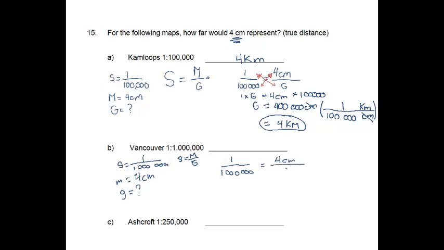And G is what I'm trying to figure out. I'm going to do my multiplication and move these numbers to get rid of the fractions. So 1 times G is equal to G, and 4 centimeters times 1 million is 4 million